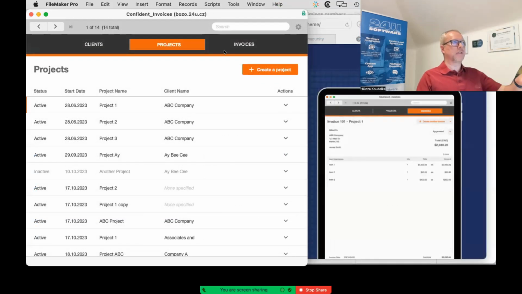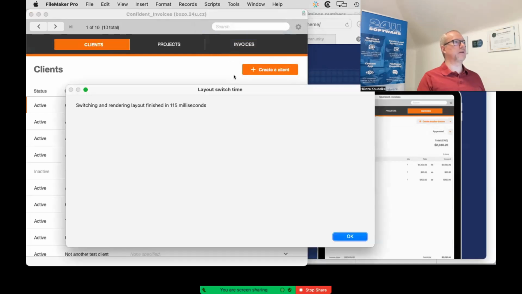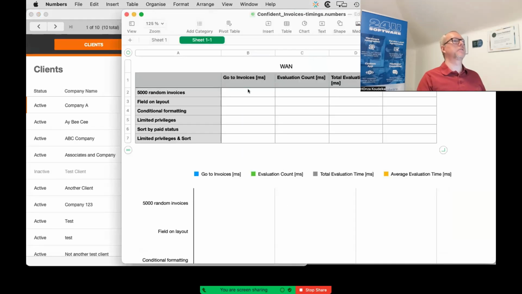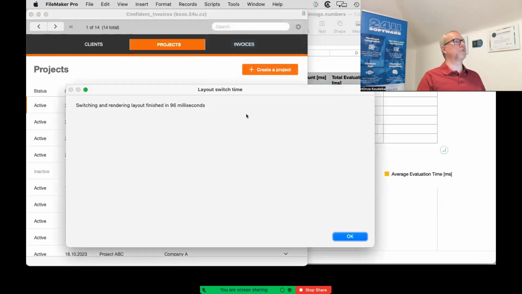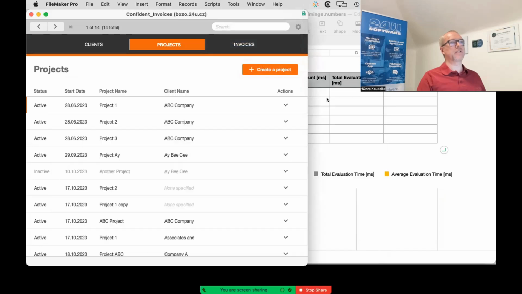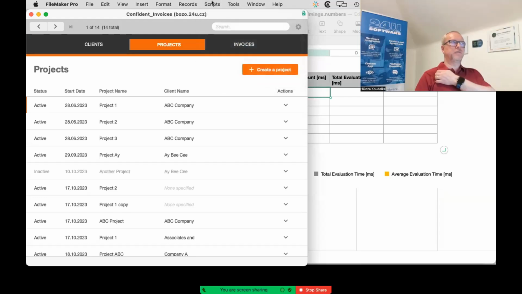And right now I can just switch between the layouts. So when I go to the client's layout here, it tells me it took 115 milliseconds. Not bad, right? Everyone can live with that. So let me record that number. And let's try the other layout. I go back to projects. That's 96 milliseconds. Yeah, that's pretty quick. Just in case you don't know, a typical eye blink is between 200 and 400 milliseconds. So anything under 400 milliseconds is hard to notice